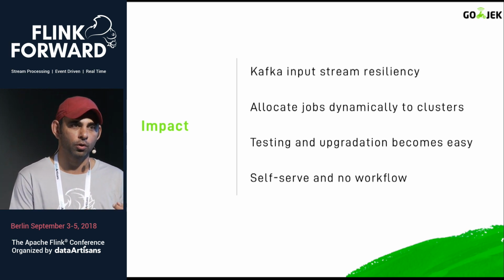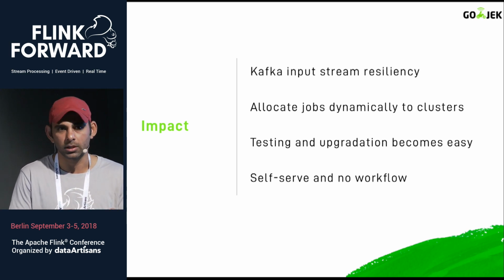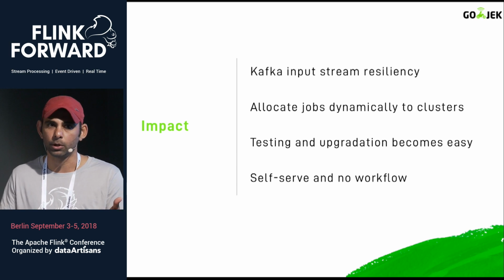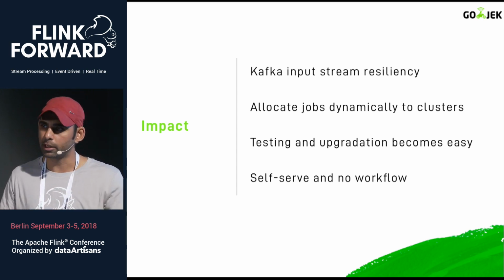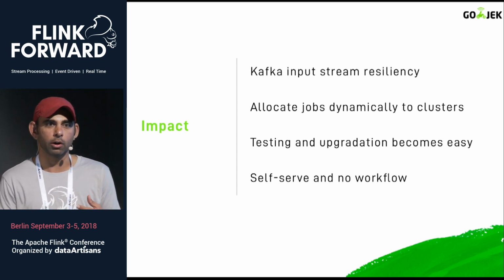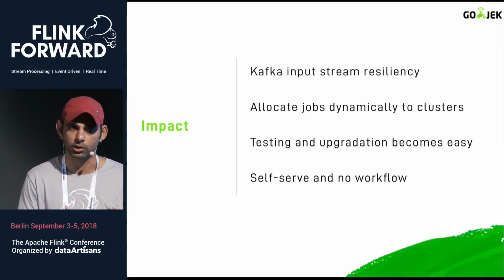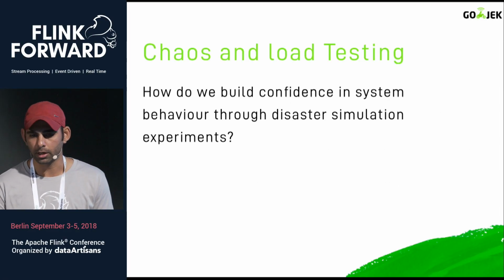If we are not sure whether upgrading the version of Yarn or Flink on one particular cluster might be risky, then even in production we can spin up a new one, try some jobs there, and then migrate the whole jobs there. So we don't have to really worry about upgrading the same cluster. It becomes really easy and risk-free for us. The whole system becomes very self-serve; users never have to care about availability, resiliency, or anything. All that is taken care of behind the scenes.